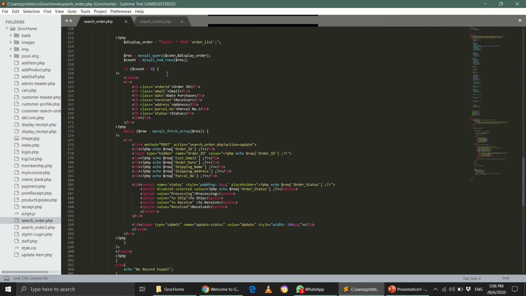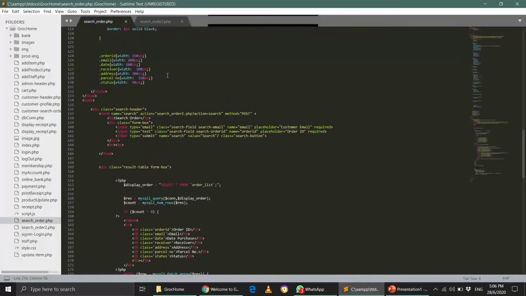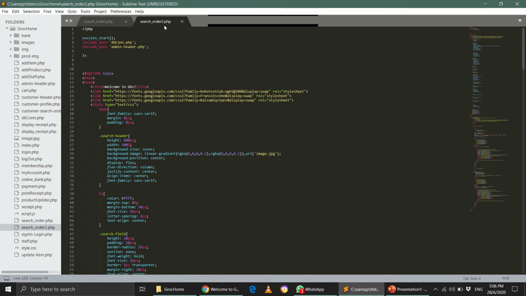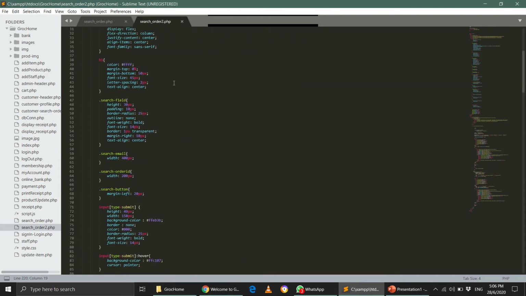Then if the user wants to search for a specific order from this form, after the admin clicks the search button, it will send the email and the order ID to search order 2.php with action equal to search. So if we look at the search order 2.php,